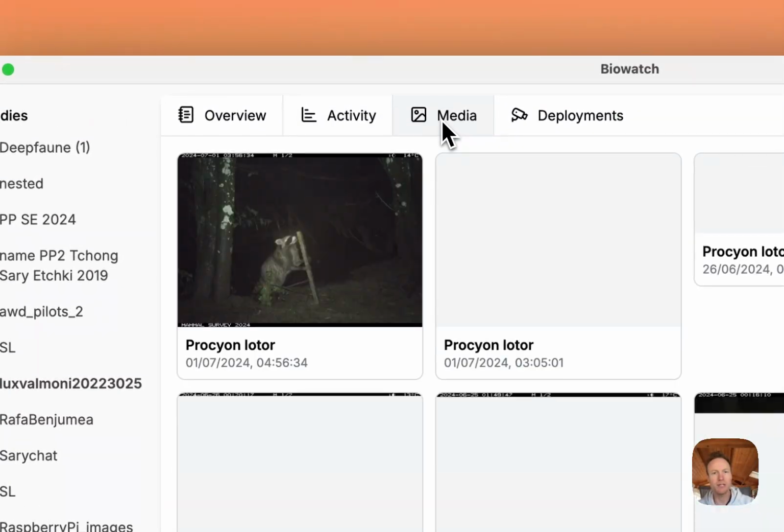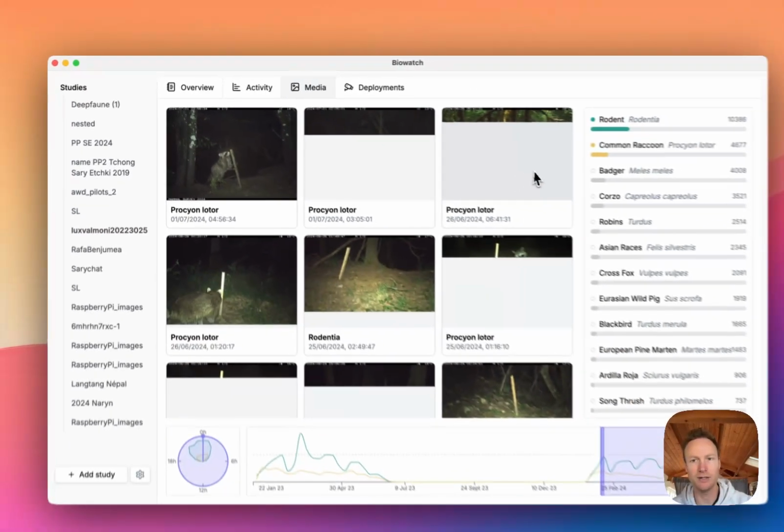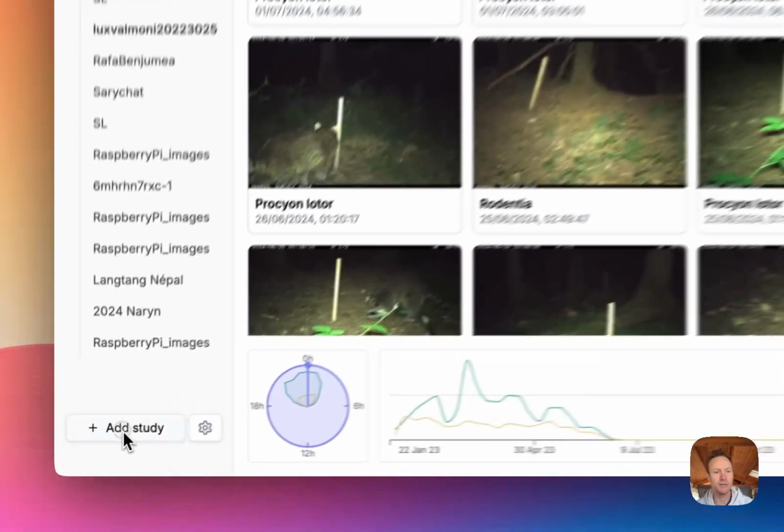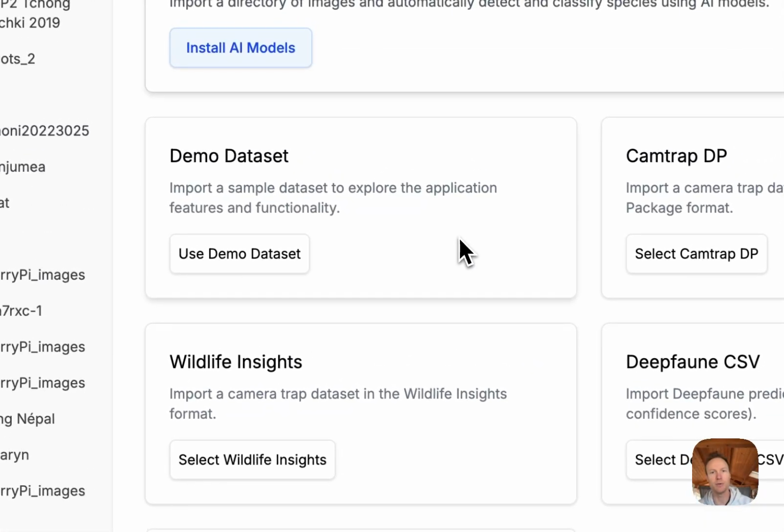On the media tab, here we focus on the actual pictures, and same thing, I can filter by species or by time of the year or by time of the day. And the deployment is a list of deployments. Nothing new here. Most of the work happened in the add study, and how we can import from different